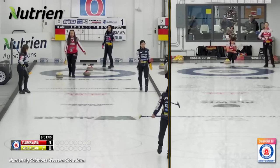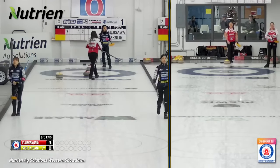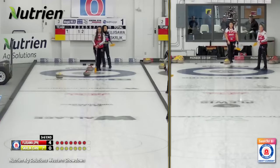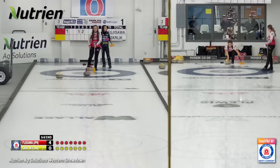There was a lot of opportunity in that second end there, Jason. No, I think it was definitely just 2 opposite ends. The first one, really controlled by Fujisawa, a couple of misses from the Scarlic ring. And then on the opposite side, it just felt like Kayla's team just kept lining stuff up in the back of the rings, around the ring,